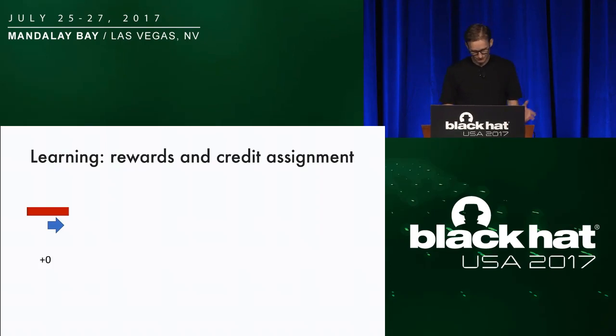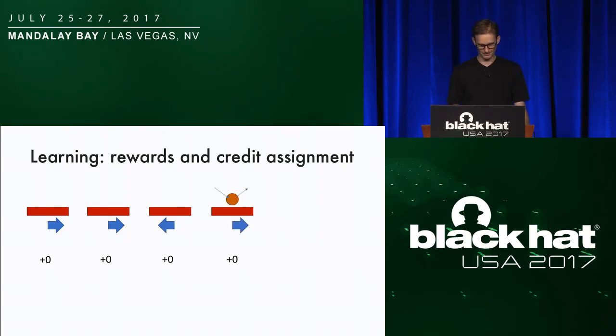Let's say that we're going to go through a lucky stroke first, and I choose totally by chance to move my paddle right, and I get no reward for that because no brick was knocked down. I move right again, no reward. I move left by chance, no reward. And I get lucky at some point. I move right, and the ball bounces off my paddle, but again, no reward, no brick. I move right again, still no reward. Eventually, the ball goes up and hits a brick, and I get some kind of reward.